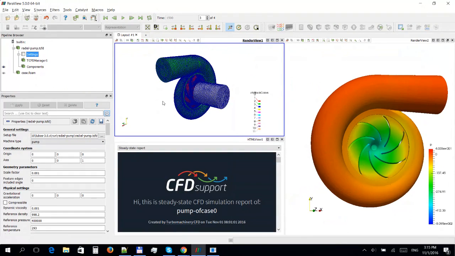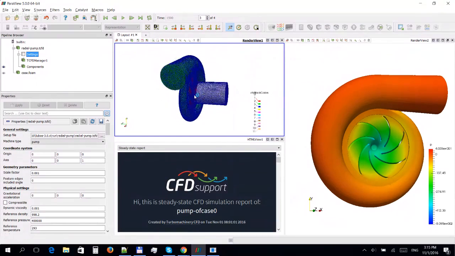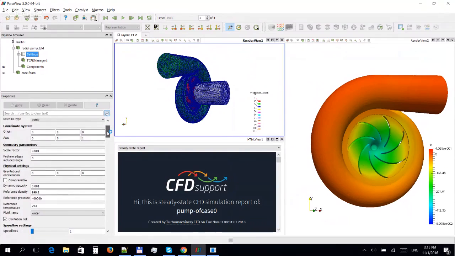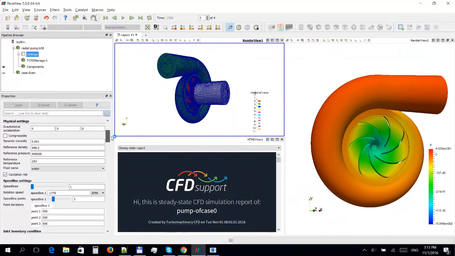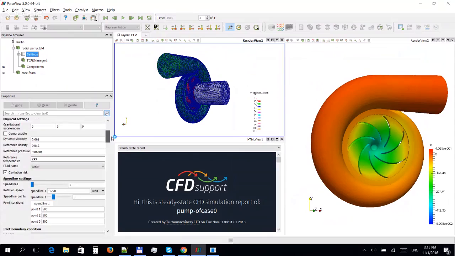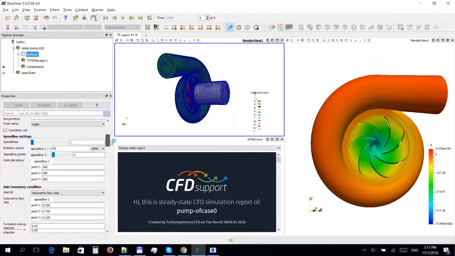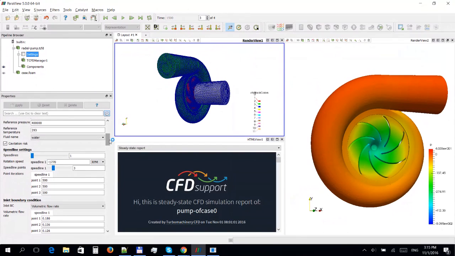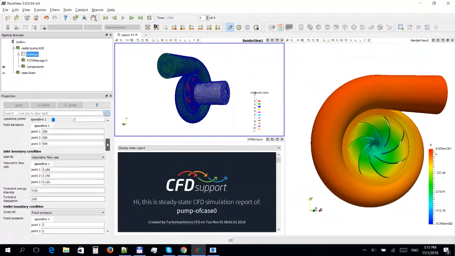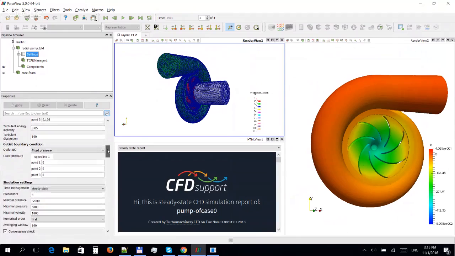There is everything like boundary conditions, which surface files are used, which boundaries, of course the physics like viscosities, reference pressure, density, and operation points. You can compute multiple speed lines and multiple points for each speed line, so you can create complete characteristic maps with Turbomachinery CFD. It's always a matter of setting it and